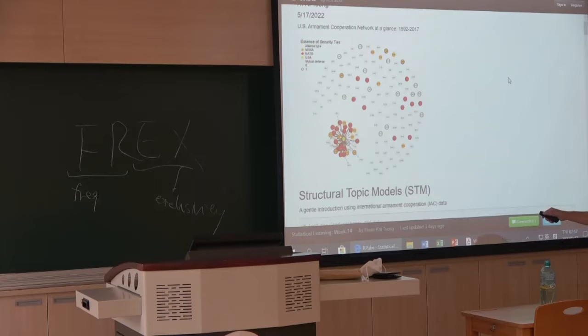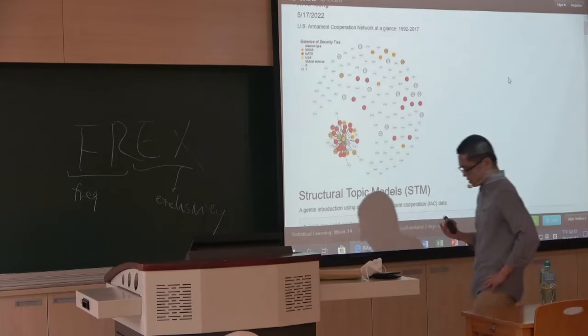So you assign US as the central node, and it seems that we collaborate with the seven key allies, and most of them are NATO countries, but there are some other key allies. They are non-NATO countries called MNA, a major non-NATO ally. You see that? But however, it should be noted that